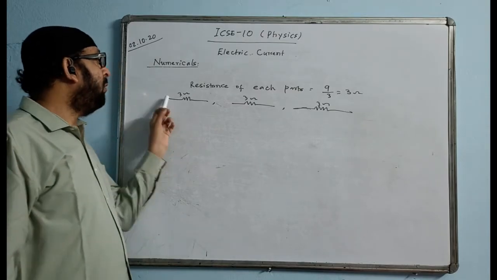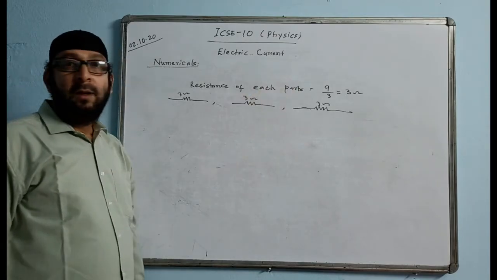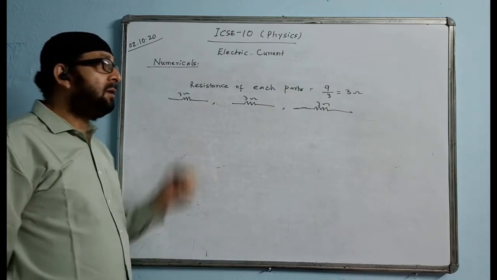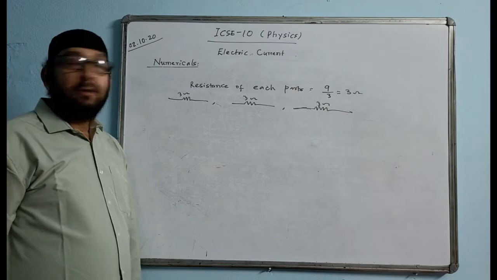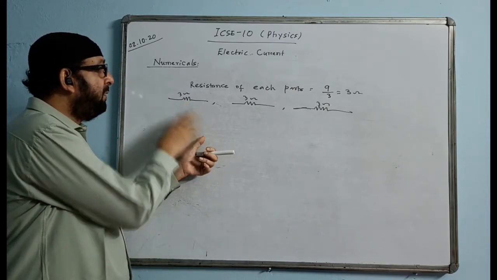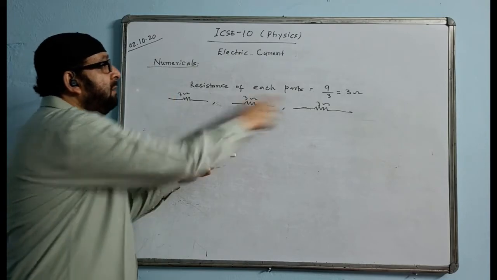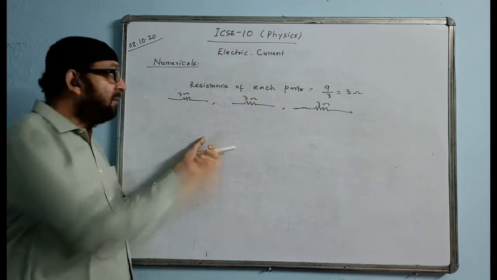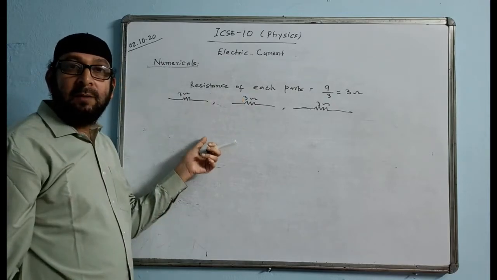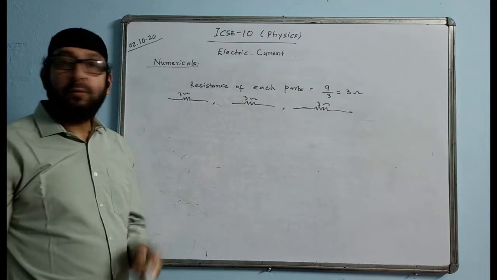You have to join in such a way that the total answer must come 4.5. How will you join? If you put all of them in series, the answer will come 9 ohm. If you put all of them in parallel, the answer will come less than the least, less than 3. It cannot be 4.5. How to get 4.5? This one 3 ohm we put in series, so your answer should be more than 3. And the remaining 2 you put in parallel, the answer will come lesser, less than 3, that can be 1.5. 3 plus 1.5 gives the answer 4.5.